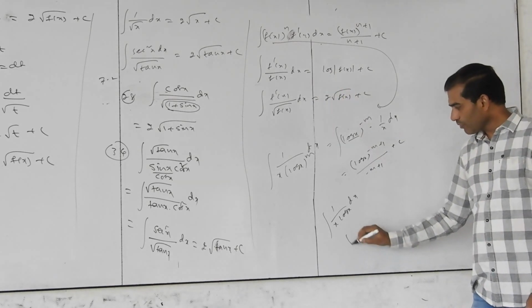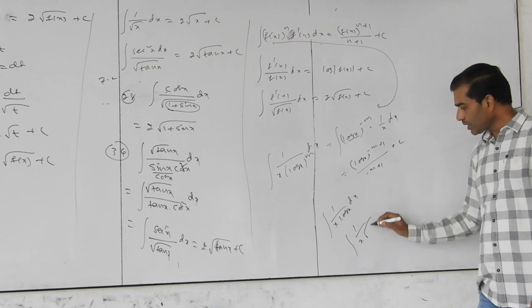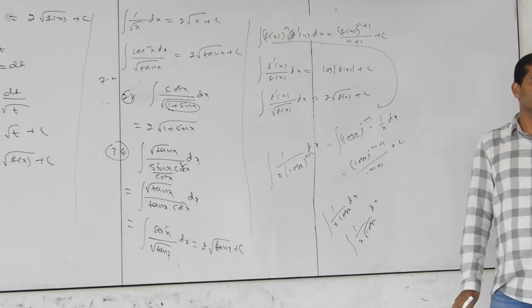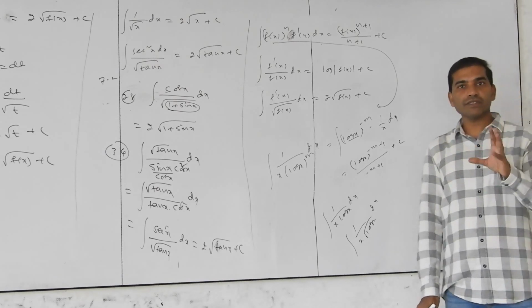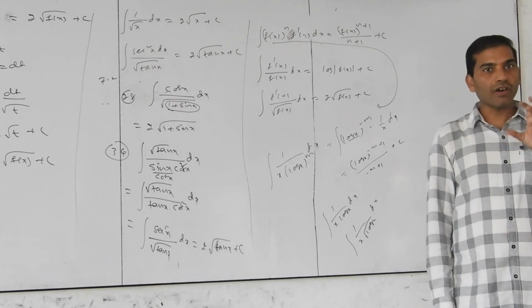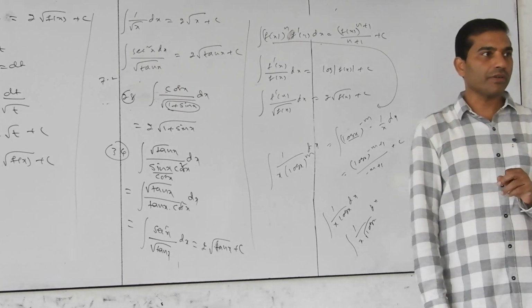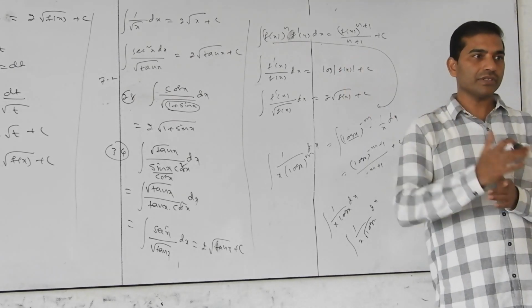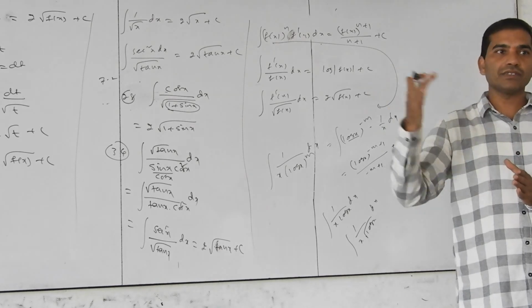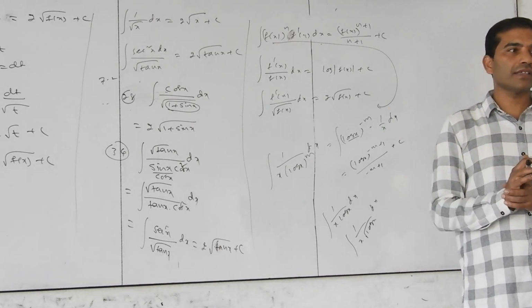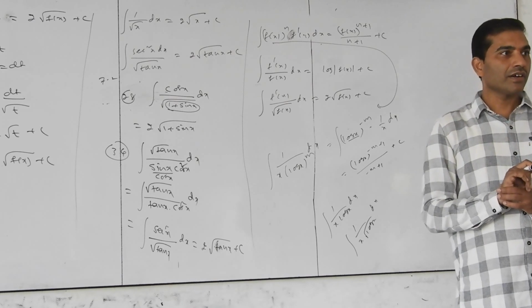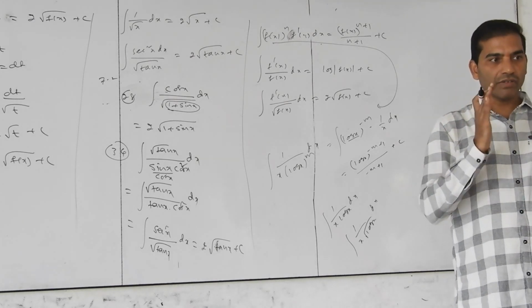If it is 1 by x into root of log x, which form does it contain? Third. So like this. You should strictly follow the method while solving integration problems. Okay. Differentiation has only a single concept, a single formula, the chain rule. But integration is not like that. Problem wise, there is a method. Okay? Got the point? That's why be careful while solving the problem.